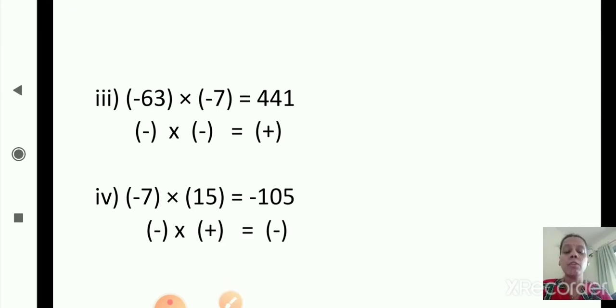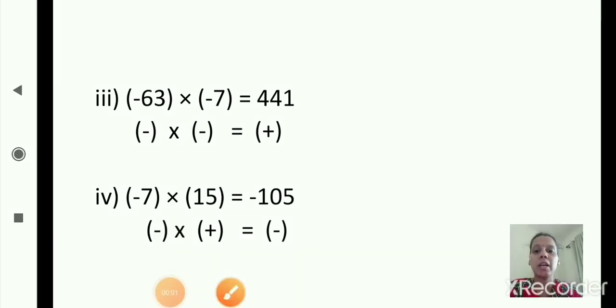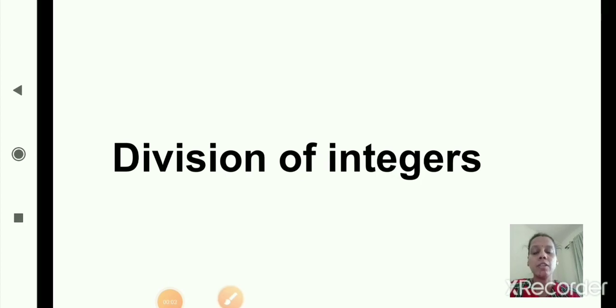Now we'll see a few more sums from practice set 9. Okay, now we'll start division of integers. Now we'll start practice set 9 which is based on division of integers. Just now we have studied practice set 8 which was based on multiplication of integers. Now for division of integers there are a few rules that you will learn and revise. From that also questions can come for fill in the blanks and true or false. So for both multiplication and division of integers, the rules are given, and you will learn and revise both.